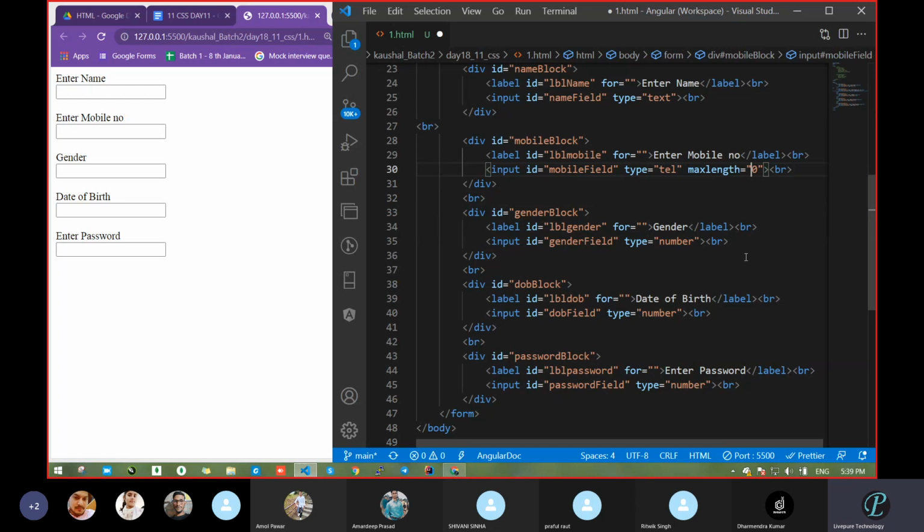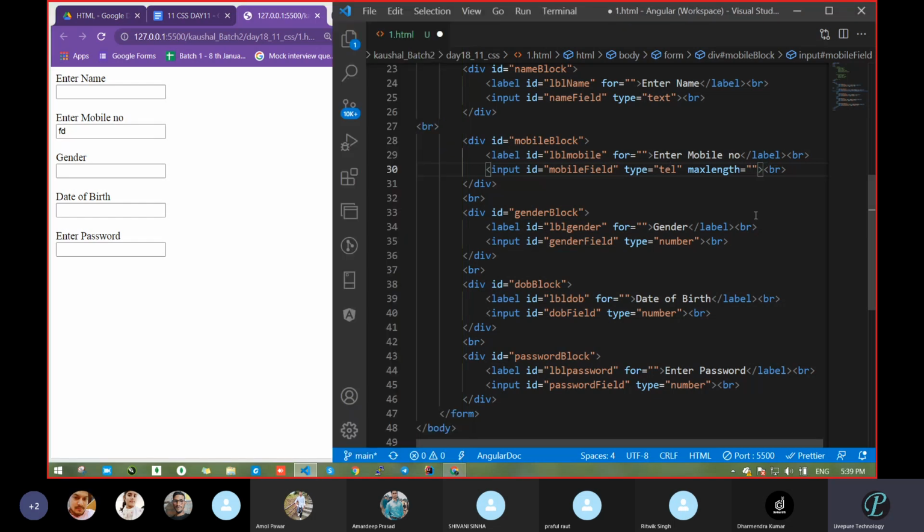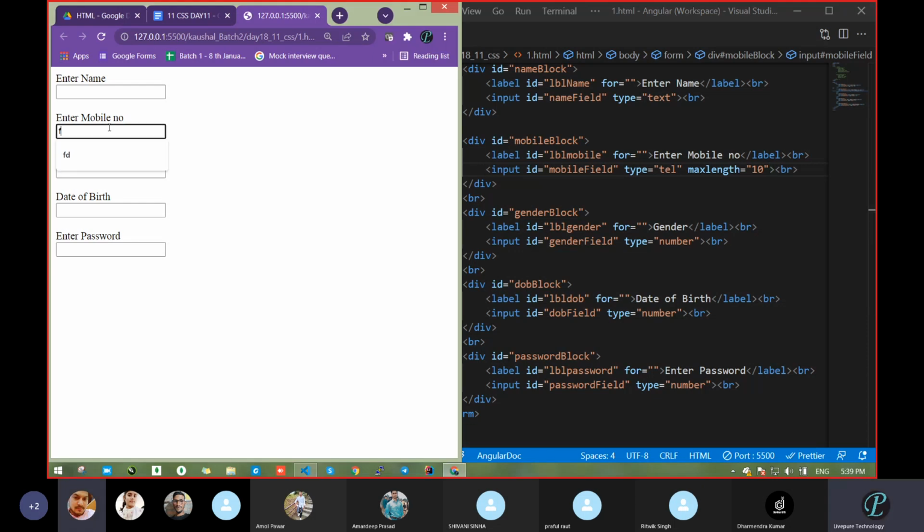If I take only 2, pass the value. That's it. Got it. But when we have taken tel, TEL, we can pass a number, sorry, alphabets also. See, now we can.